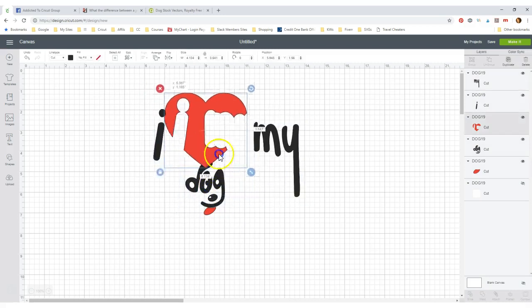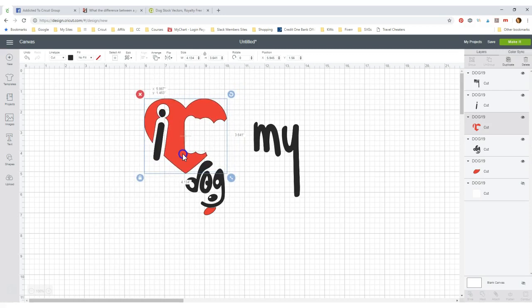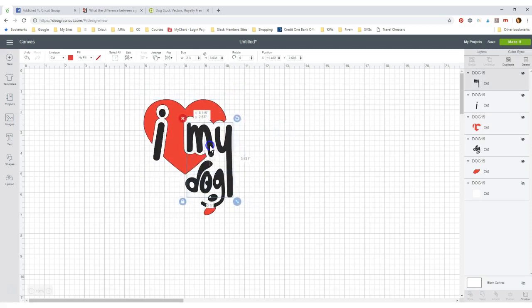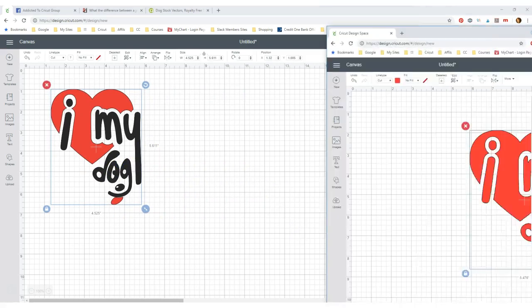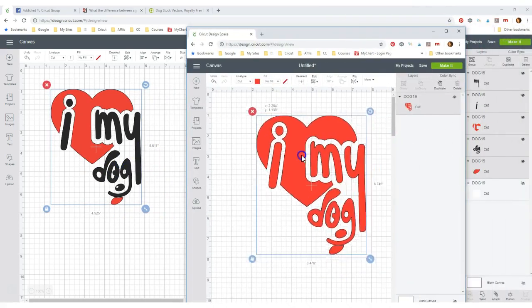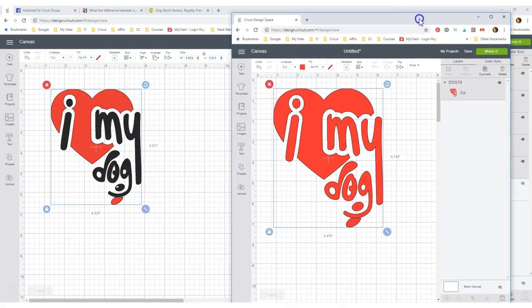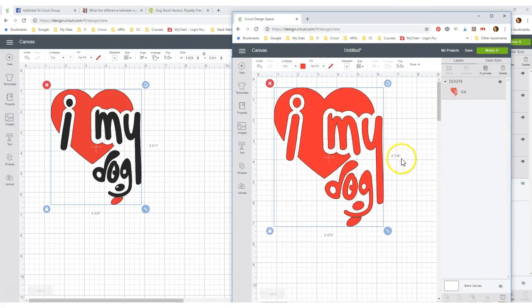If we don't want this heart there, we can get rid of it. Or if we want to do something different, if we want the my to be a different color or the dog to be a different color, all we have to do is tell it. So you can see why when I talk about an SVG file versus a JPEG file, there is a huge